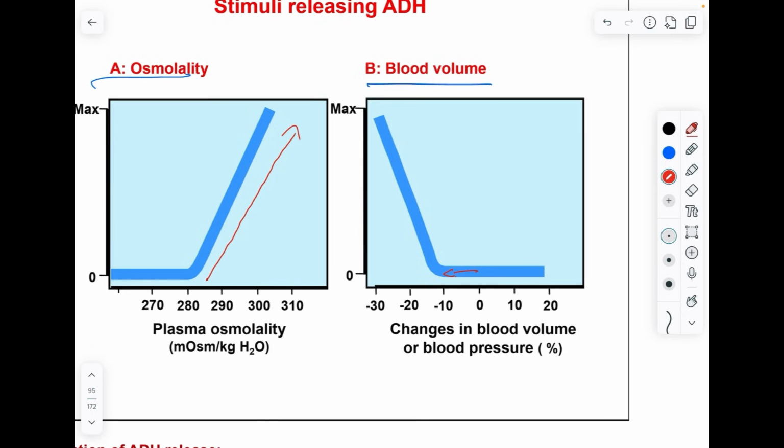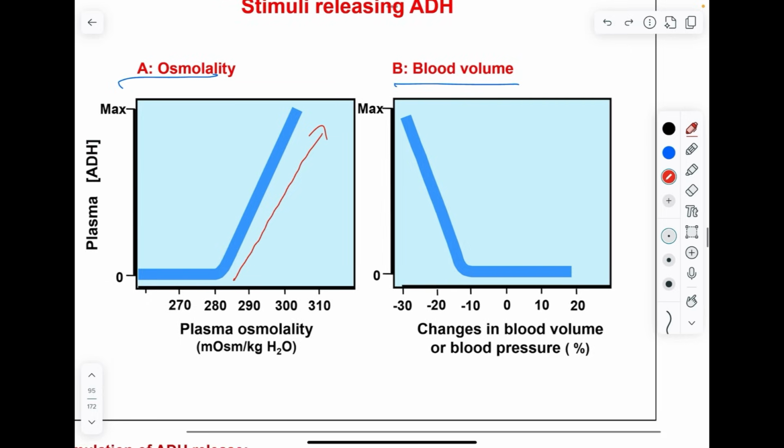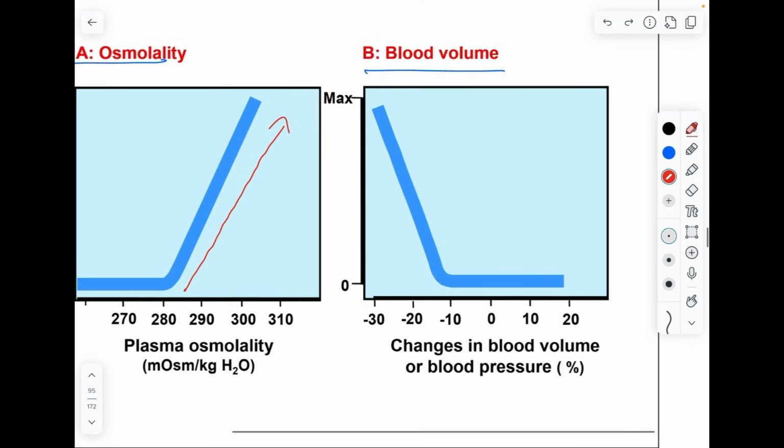When the blood volume is decreasing, okay, ADH release is induced. Why? Because that means we have less water, we have low blood volume. So we want to take back the water to increase the blood volume. Okay? But something to note here is that the osmolarity reflex is instant. Once the osmolarity changes, right away, the ADH is induced. But the blood volume, it's not instant. It waits, as you can see, until it's less by